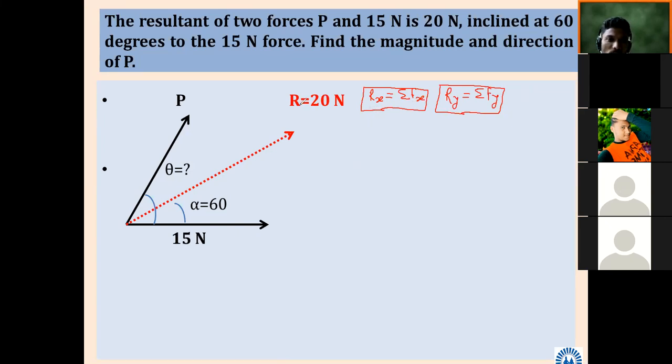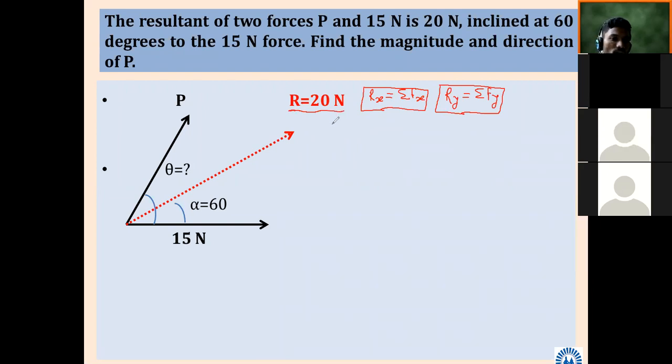Now from this, what will be the X component of this resultant? Whatever resultant is given, R is 20, what will be its X component? What angle is made with the X-axis by the resultant? 20 Newton is the magnitude, but the angle is 60 degrees. So what will be its X component? F cos theta. Instead, now if we write for the resultant, I will write R, since F is not there. R cos theta is equal to the summation Fx.